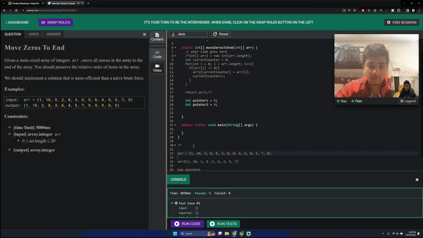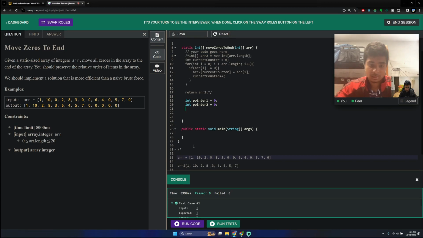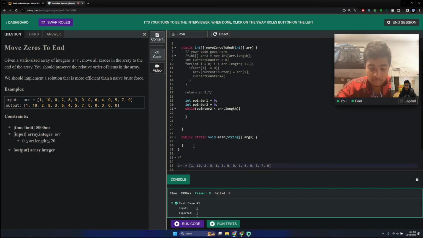I think I get how to do this. So that's the trick of doing this question. Yeah, that makes sense. So while pointer two is less than that. Okay, so if